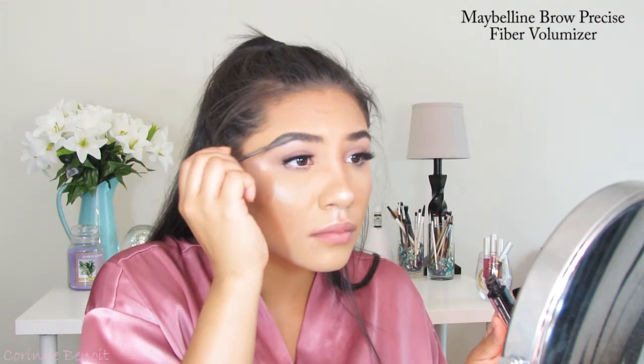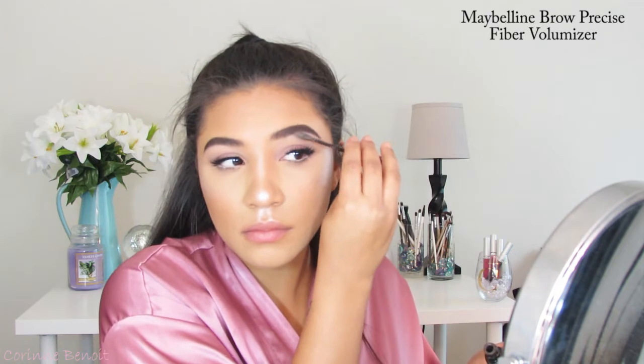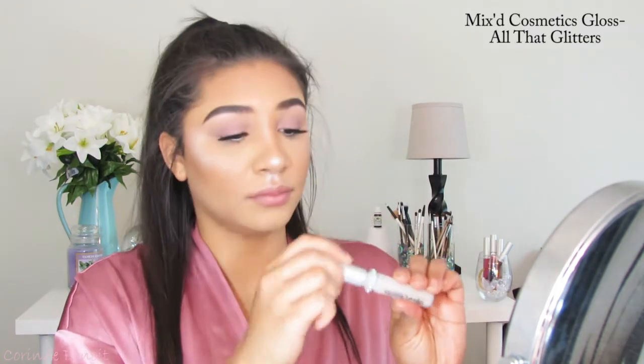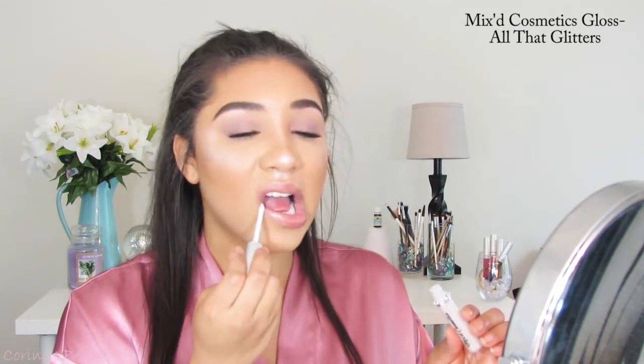Now this Maybelline Fiber Volumizer Brow Mascara is my favorite hands down, and the people that have run out and bought it because I've said so have all told me that they love it too, so definitely jump on that bandwagon. For lips, I'm going in with the Mixed Cosmetics, and this is in the shade All That